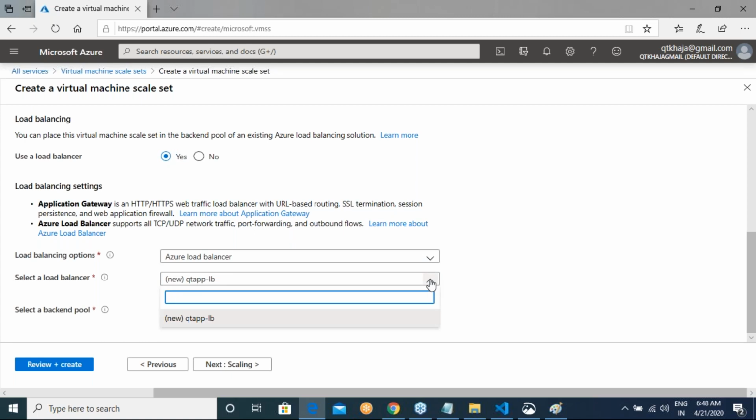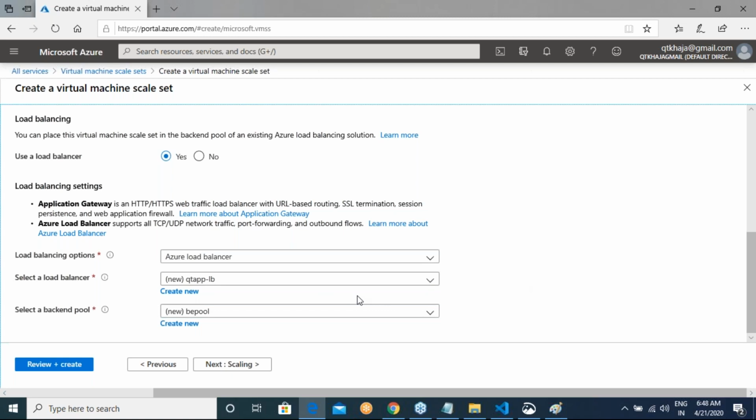Do you want to create a new one, or do you already have a load balancer? You can say that you have a load balancer, and you can create a new backend pool. Whether you create a load balancer from here, or use the existing load balancer, it doesn't matter, right?